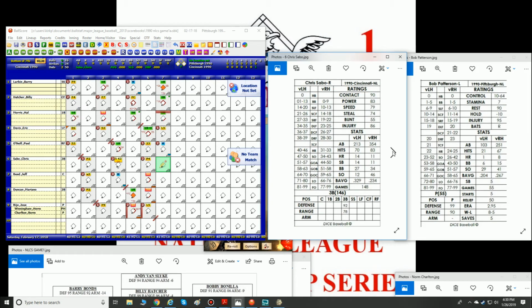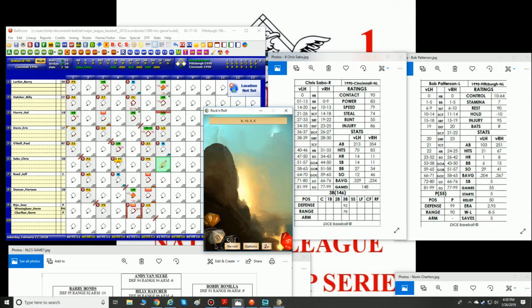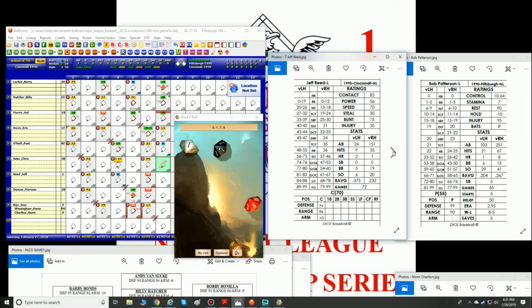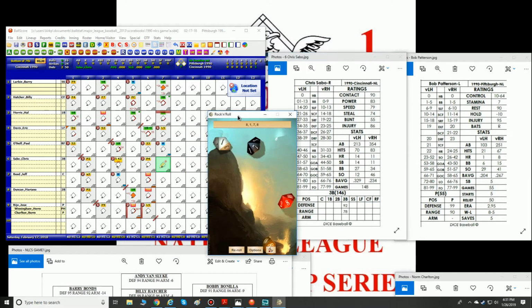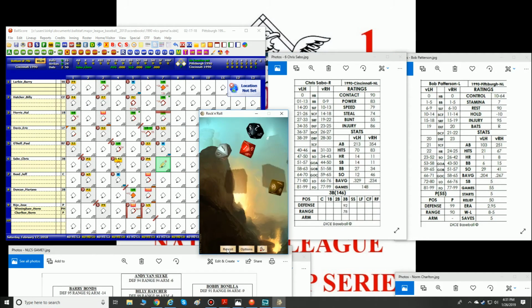2 away now here for Chris Sabo. They're going to leave Patterson in there to face off against Sabo, even though he's a right-hander. Hang on a second. No roll. Let's just make sure. Yeah, because Reed's a lefty, so if Sabo gets a hit, they want him in there for the lefty anyway. So, all right,